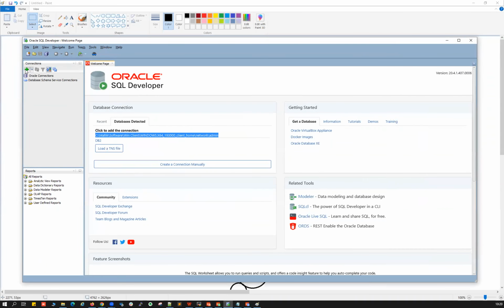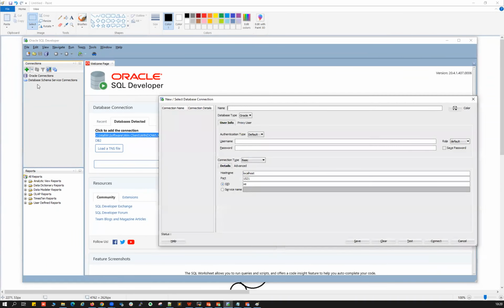Right. The client is trying to connect to my database, and the name, it's an apps connection. Whatever name you want, you can give. It's a connection name, apps user connection. So it's going to connect to my database. Here, what is the username? Apps is the username for my database. And what's the password for that? Apps is the password. And while connecting, I'm not going to use the TNS. I'm happy to give all those details.